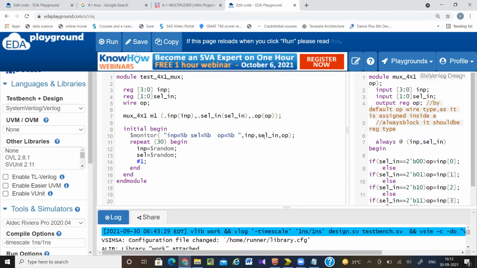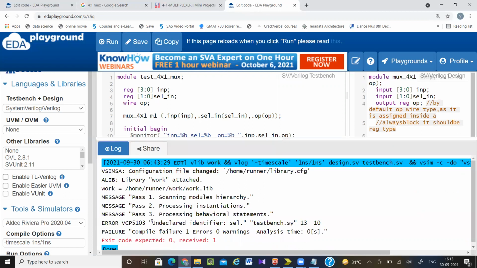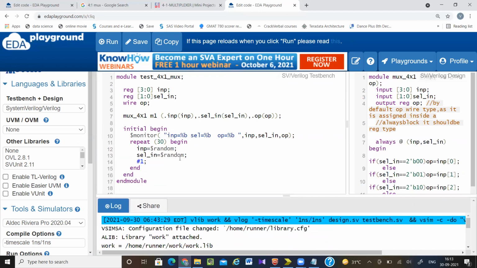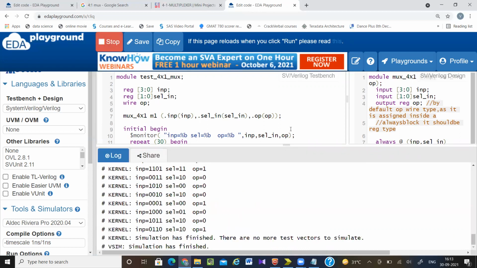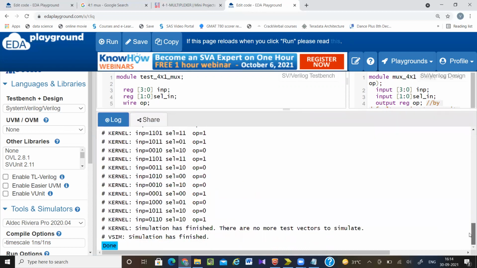Where I have written select only, this should be select in. So here, what is the issue? You can see undeclared identifier select. That means in line number 13, I have written an identifier select that I have not declared. So here I have written select, I have to make it select in. So I am getting some input output values.